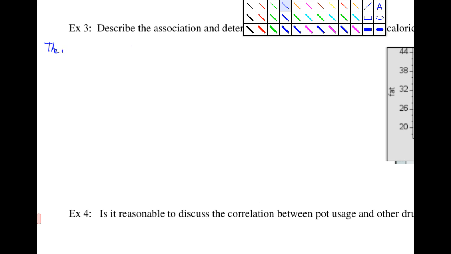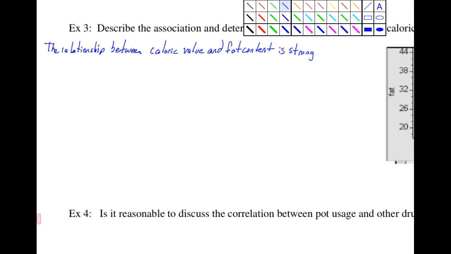The relationship between caloric value and fat content is strong, positive, and linear. Okay, there is an outlier